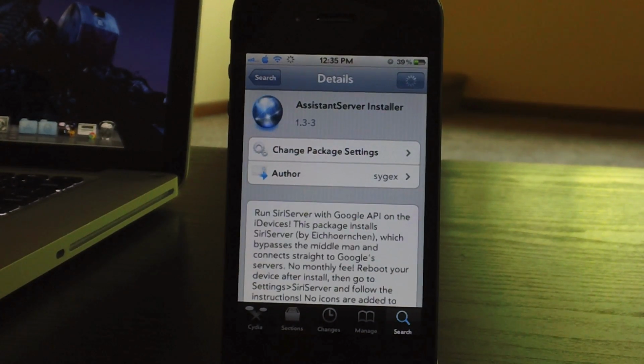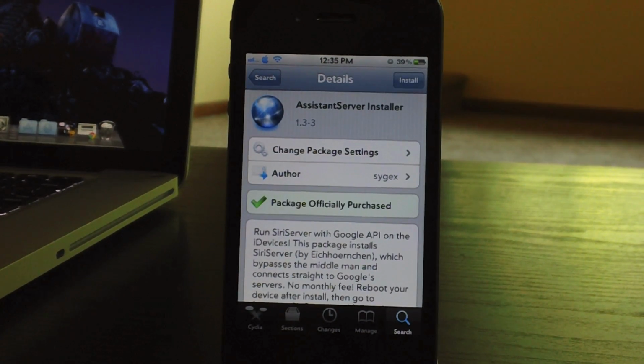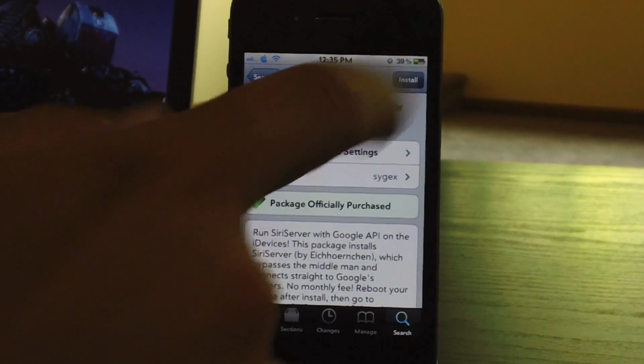It is only 99 cents, and it does run off of Google's API, so it doesn't matter how much traffic this server has, it will not go down or not work ever. That's why I like this proxy. So this is how I do it. Again, there are other ways, so just go ahead and click install,